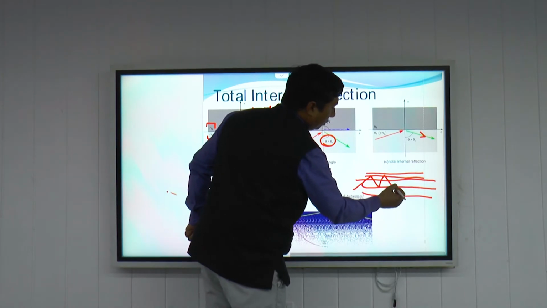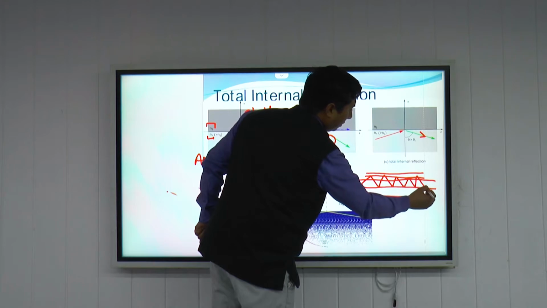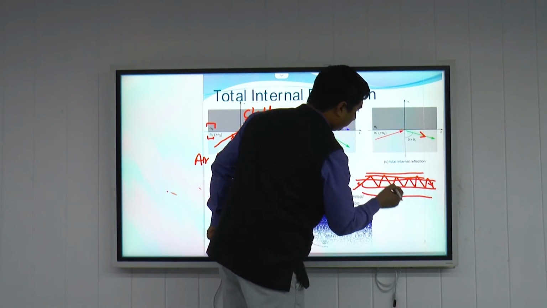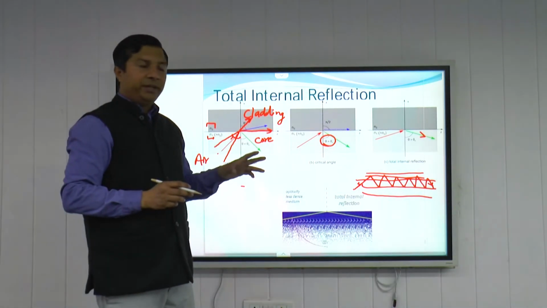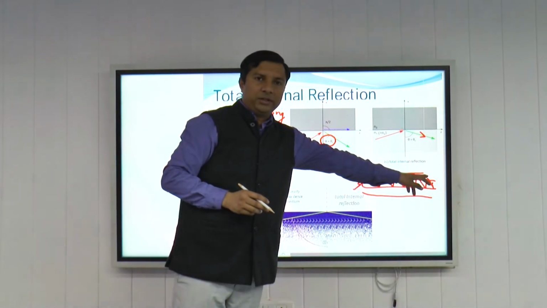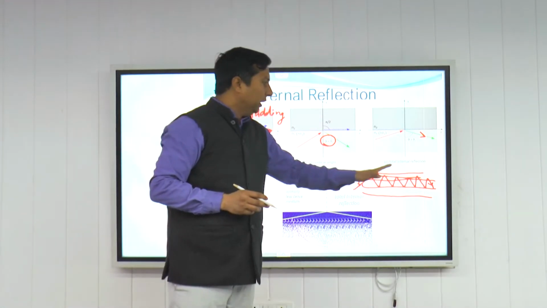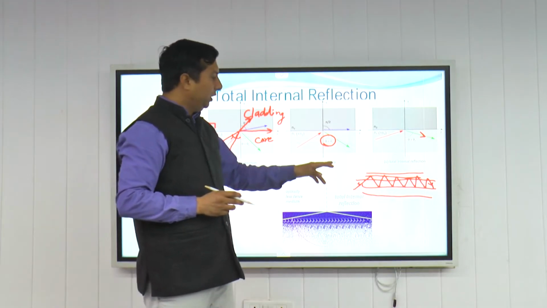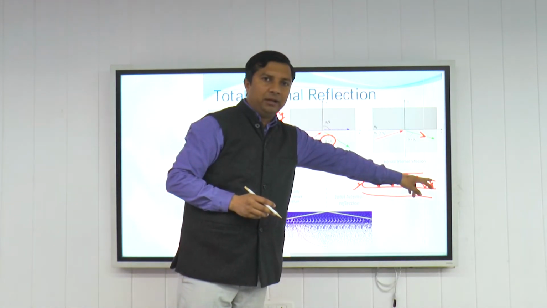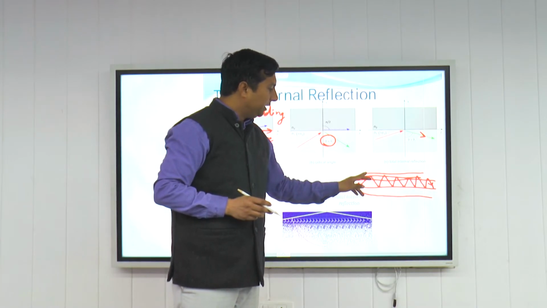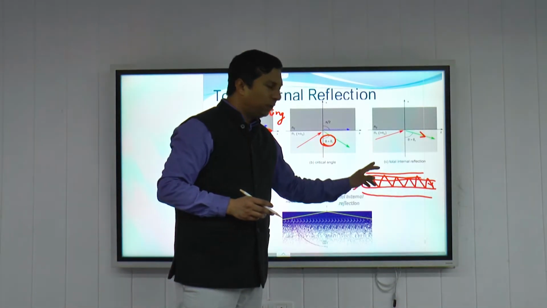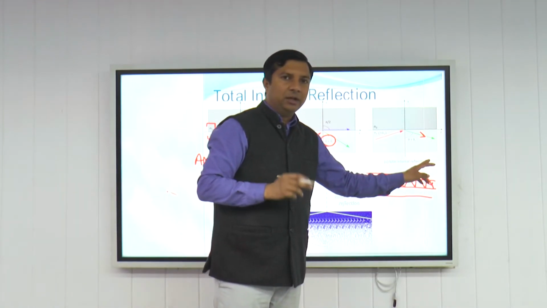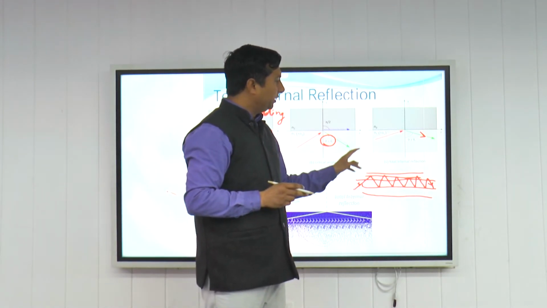It will keep on moving through this optical fiber core, experiencing total internal reflection. Okay? Now, this phenomenon is very important. Otherwise, we will not get our signal from the second end. The light is coming into the optical fiber core, and if it has to come out of the second end, then it should experience this total